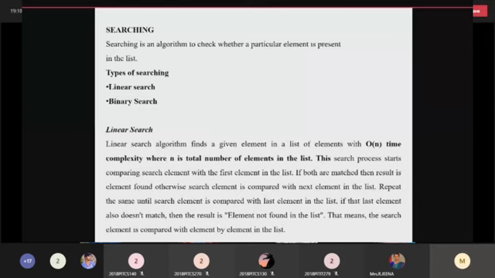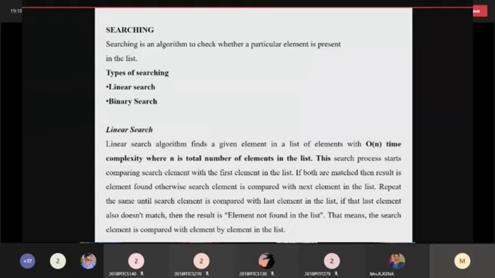There are so many techniques. Particularly, we are going to discuss linear search and binary search. In linear search, the data elements are searched one by one in a linear fashion. Suppose you want to search for some element in a database, for example, imagine 10,000 records are there. If you apply linear search, it will check one by one until it reaches the element, whether the element is found or not.